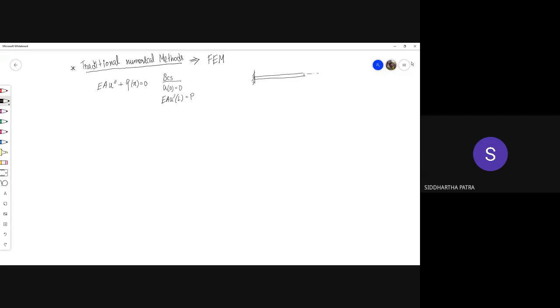and let's say this is the axis of the bar, and there I'm applying a concentrated force P, and across the bar there is a distributed load Q of x. Okay, so